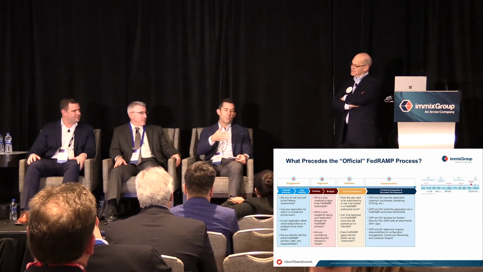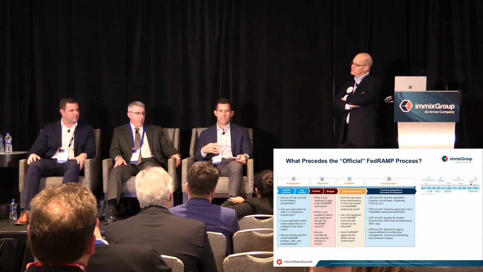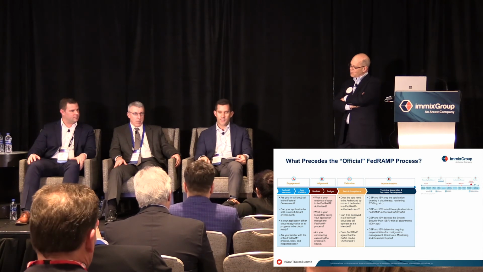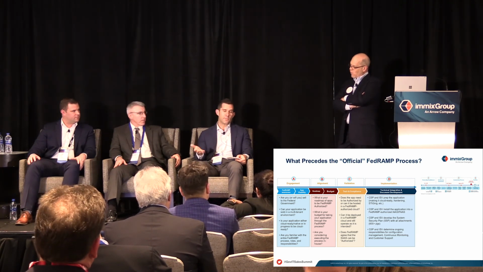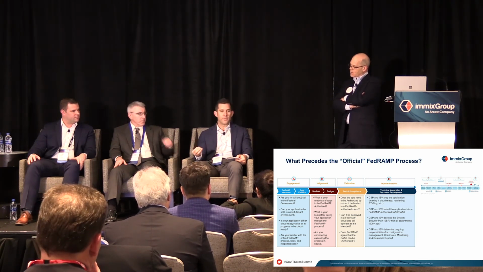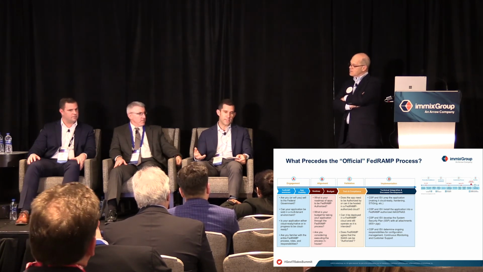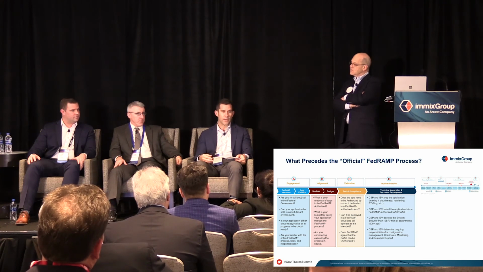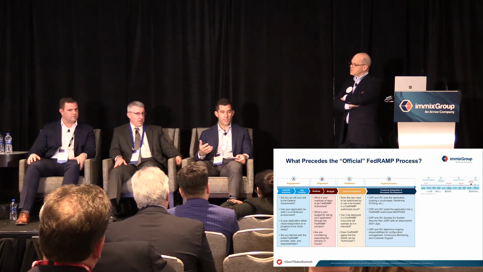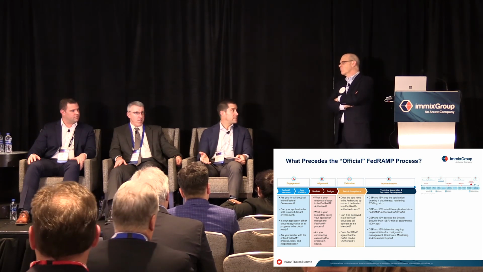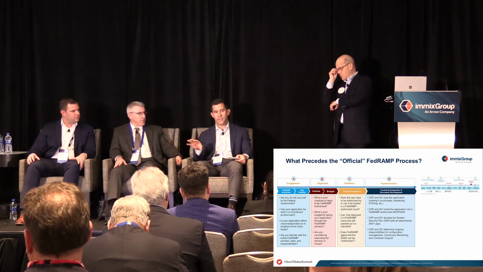So it's really one of the two primary paths. There's the agency-sponsored path that we've been speaking to throughout this segment. And then JAB is really a collective group of CIOs or representatives from different agencies within the government. So they actually do the review. So you have multiple sets of eyes on the package, whereas with the agency-sponsored path, it's just your sponsoring agency